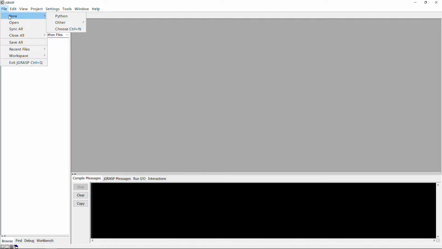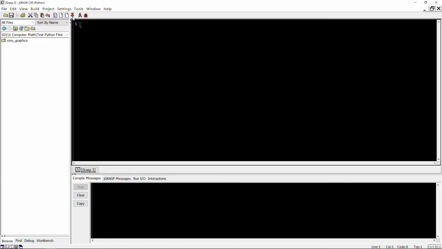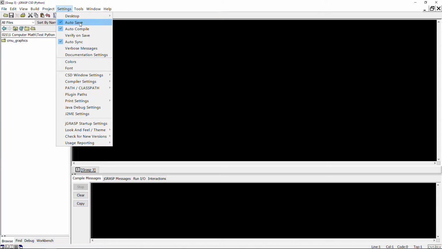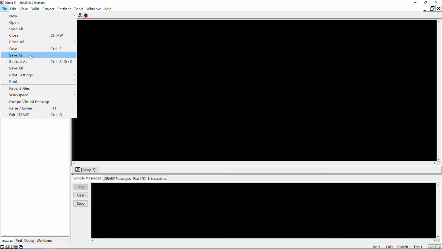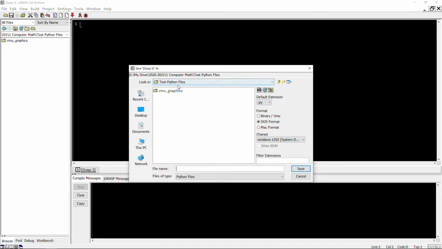So we'll do File, New, Python. Yours might be in Other if you haven't opened a Python file yet, so just keep that in mind. We'll click Python. And the first order of business you always do is save. Never trust autosave, never trust any of that garbage out there, because you never know if it's actually gonna work. So yes, autosave is on, clearly, but always save. So I do Control S or Command S on Mac, or you can just do File and Save or Save As. It doesn't really matter. This is the first time we're saving it, so it really doesn't matter. We'll just do Save As, and we're gonna call this Pre-Lab 1, lowercase p, _1.